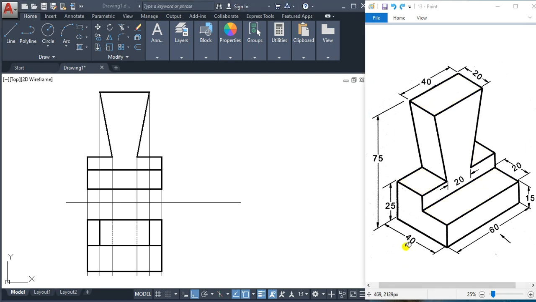So this is the side view of this object, this is the left side view, and the image of this left hand side view will be on the right side of this front view, because we are following first angle projection unless otherwise specified. So when you see from this direction, the surfaces which are visible are this surface and this surface. So this is like an inclined surface, but when you project that, it will be like a rectangle surface only.